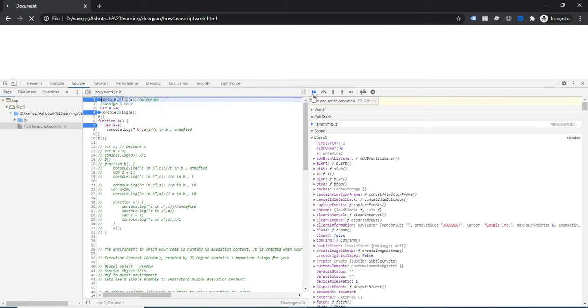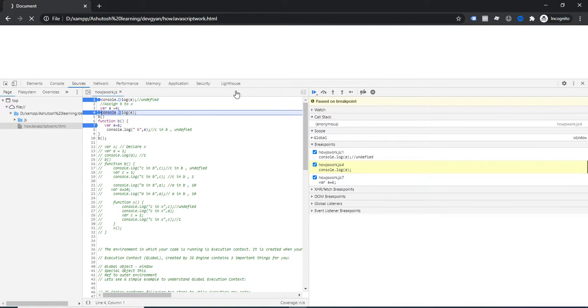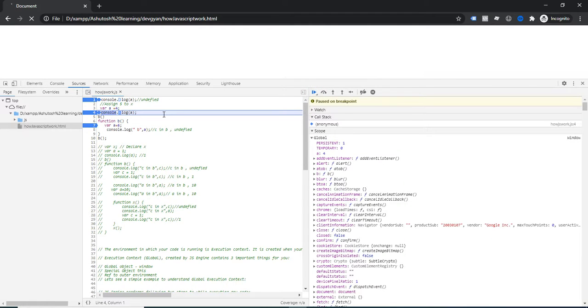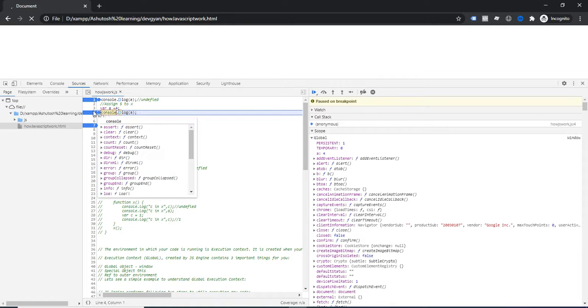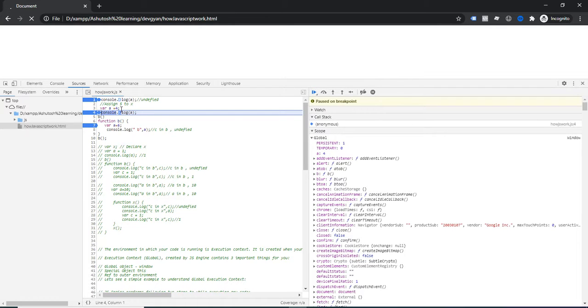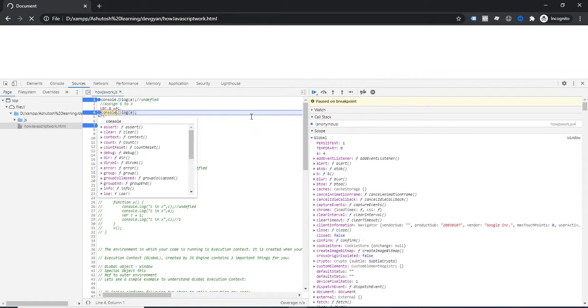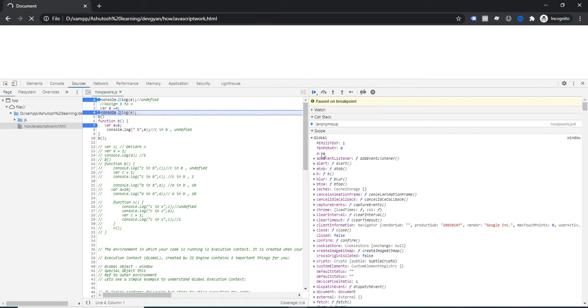So let's resume it. How will you resume? You can notice, if you click here, resume script execution. So click here. Now you can notice that the blue mark has moved from line number 1 to 4, and now you can notice that since line number 3 is executed, the a value, whose initial value was undefined, has changed from undefined to 4. That's why the 4 is present here. Well, you understand how the thing is working.